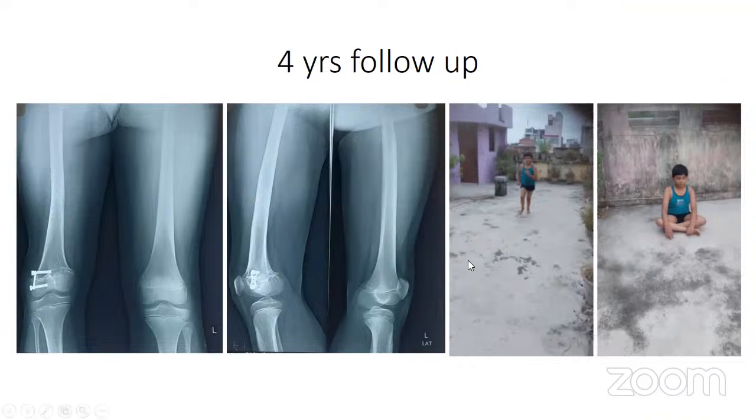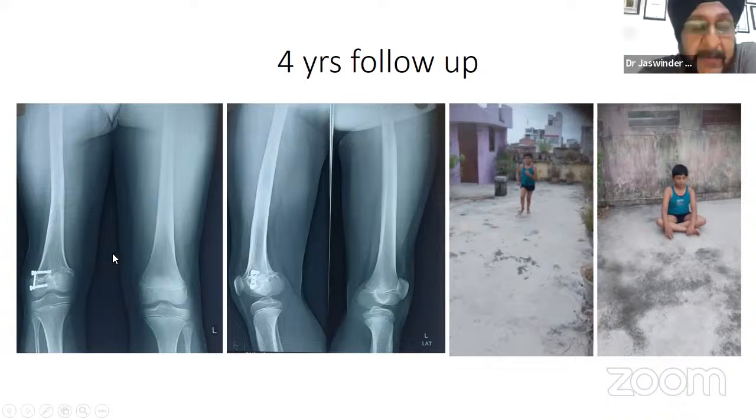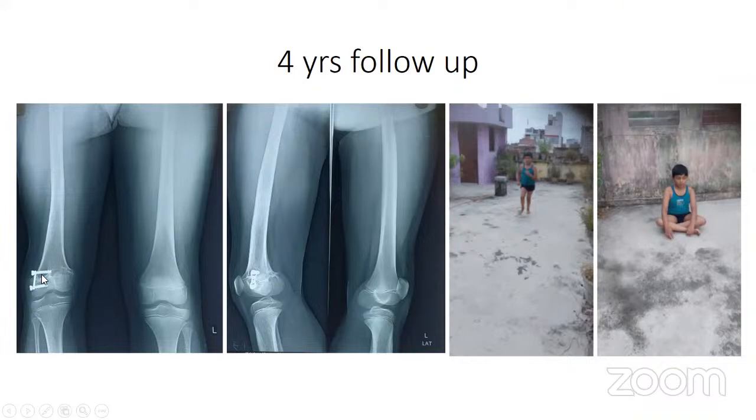Yeah, so Dr. Jaswinder, I can see this plate is still working well, I think. The small amount of varus which has appeared, I think that is due to remodeling of the osteotomy site. See, the problem why I say the plate is not working well is because the screws have not diverged. Ideally, the screw has backed out a little bit maybe, but for it to work quite well, those should have gone in those directions. No, but it will diverge only when the medial side of the physis is growing. So that is already damaged and diseased. So unless the medial side is growing, these screws will not diverge.